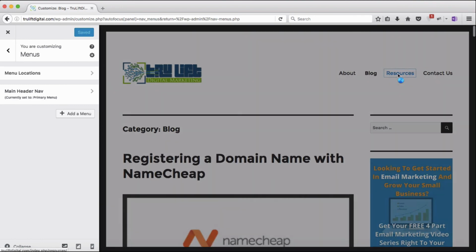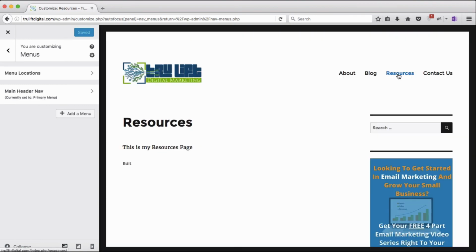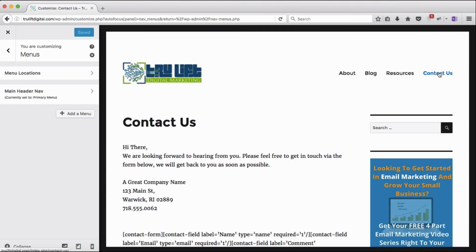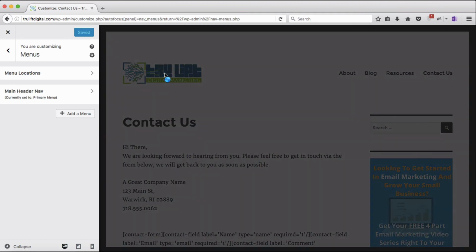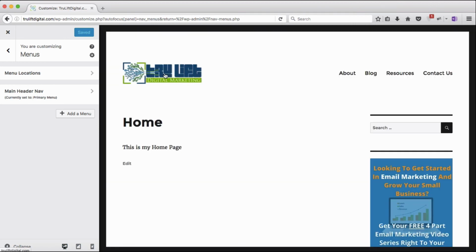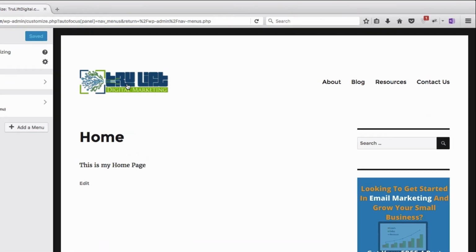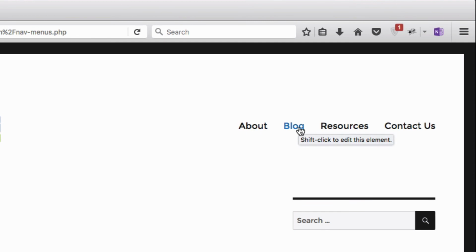If I go to Resources, you see the page I just created as a placeholder. And Contact Us has the original Contact Us page I created way back in the configuration helper. And if I click on our logo, it takes me back to my home page placeholder page. One change I still want to make on my navigation menu is to have a drop-down of my categories under Blog. So I'm just going to hold down the Shift key, like it says here, and click on Blog to